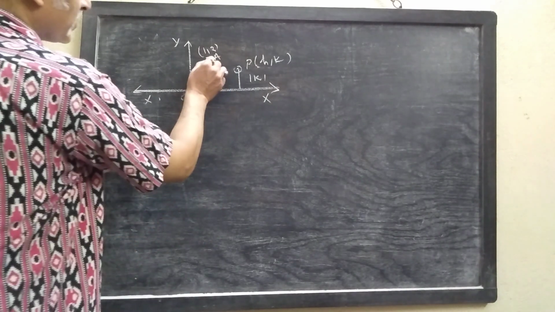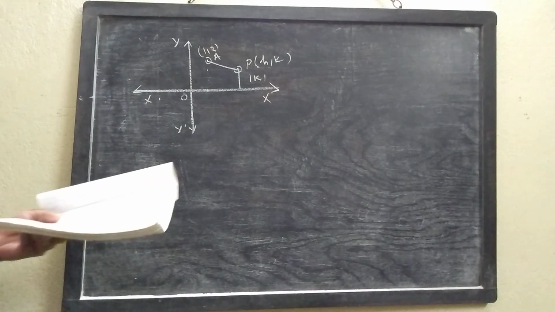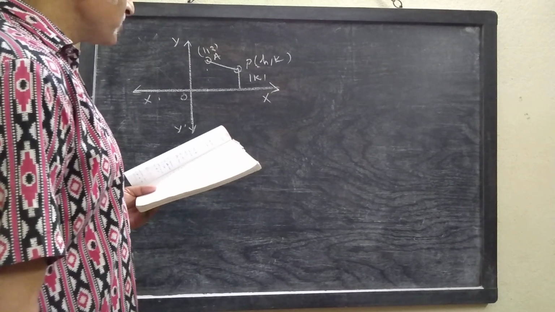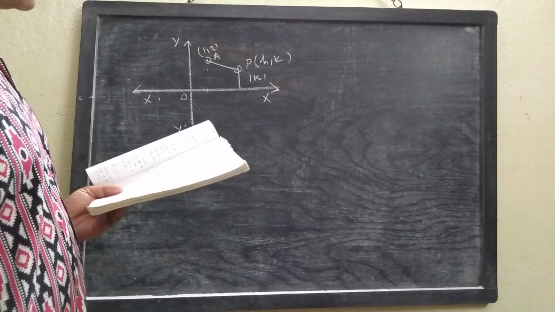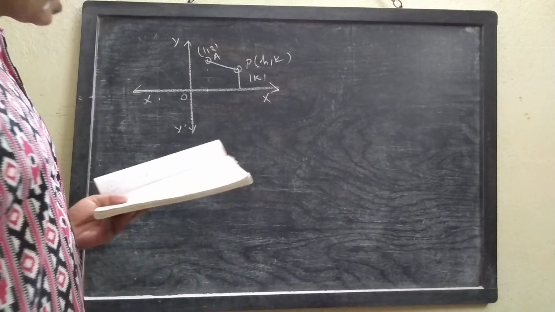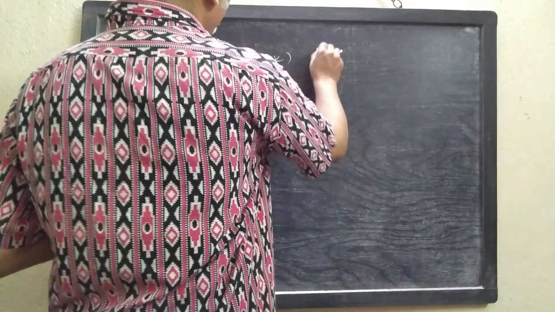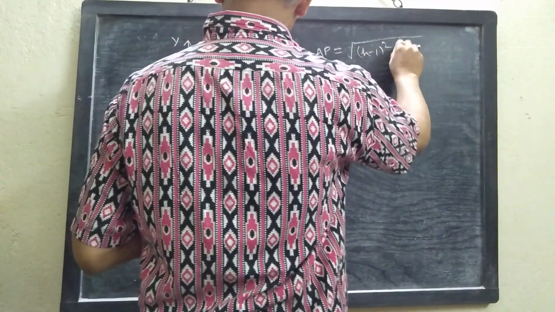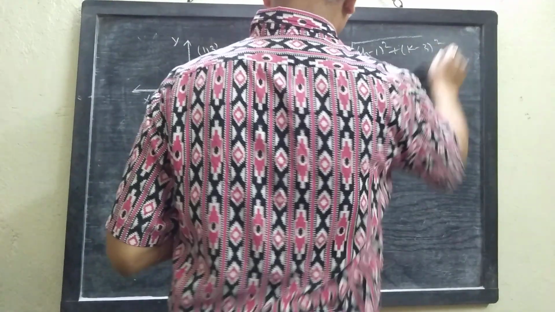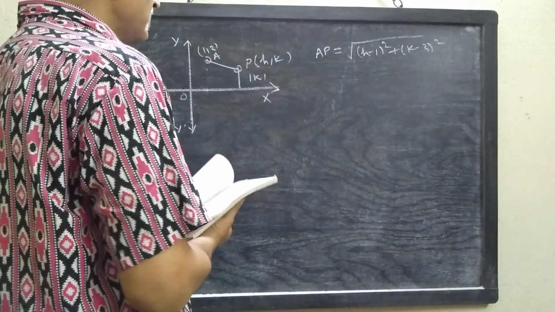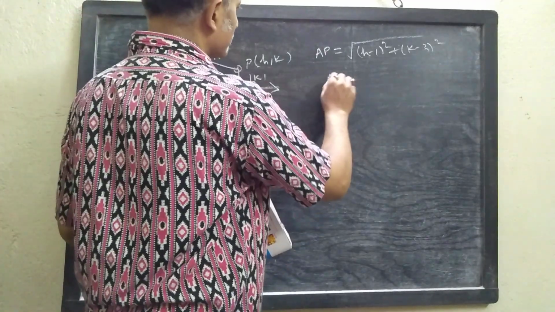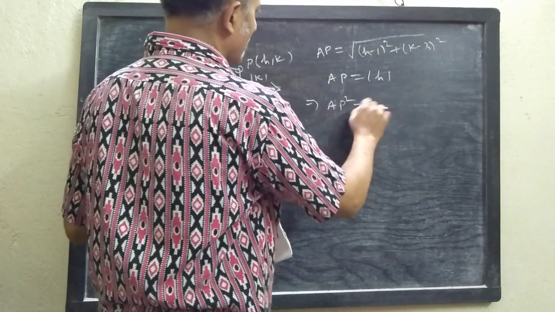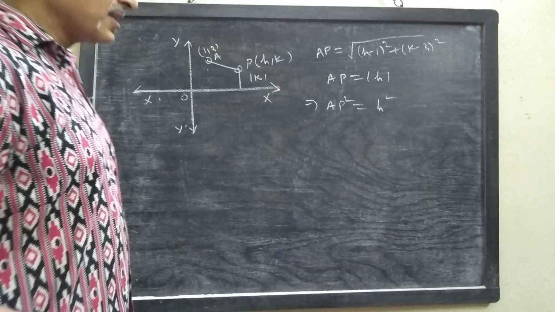Okay, this is AP. Now write, let P(h, k) be any point lying on the locus, then its distance from the x axis will be mod k units. Mod k, mind it, mod k units. Now AP will be the square root of (h minus 1) whole square plus (k minus 3) whole square. So according to the given restriction, we have AP equals mod k. If you square both sides, then the mod will be removed because mod k whole square is k square.